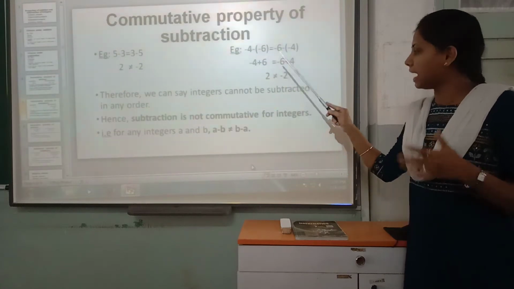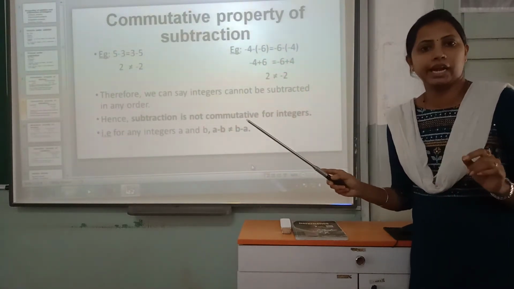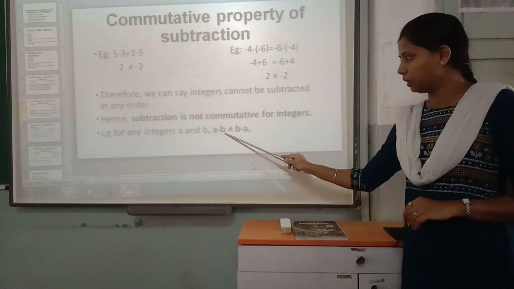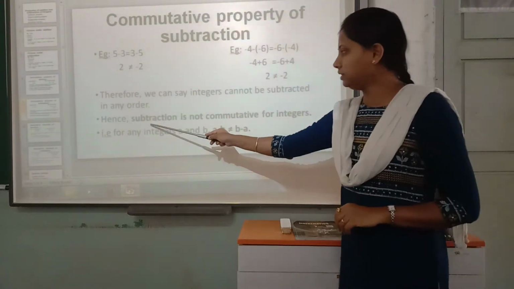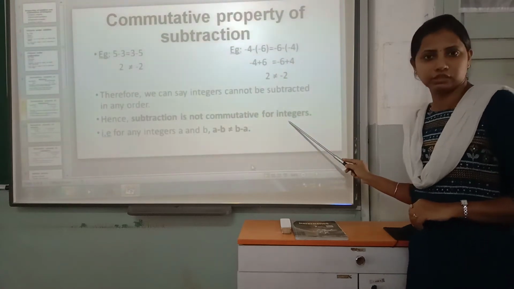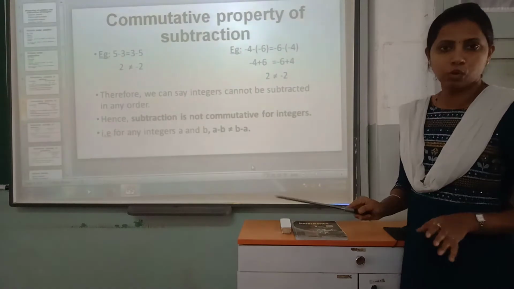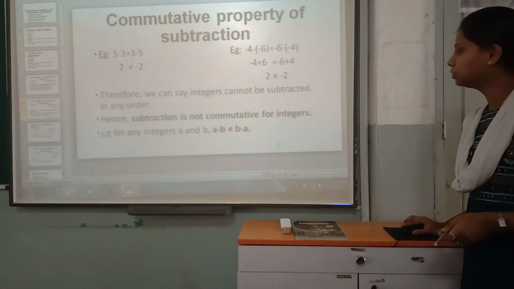Like this you can take any integer in place of A and B, change their order, and check it. LHS will not be equal to RHS, that is A minus B will not be equal to B minus A. So hence subtraction is not commutative for integers. So you have to remember this: A minus B is not equal to B minus A. Now coming to the next one,